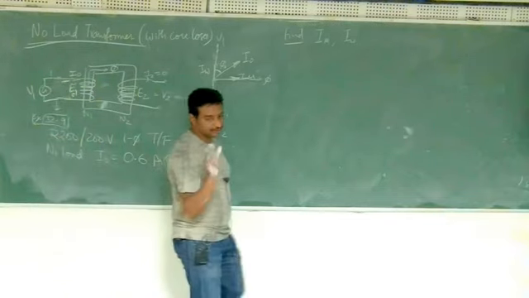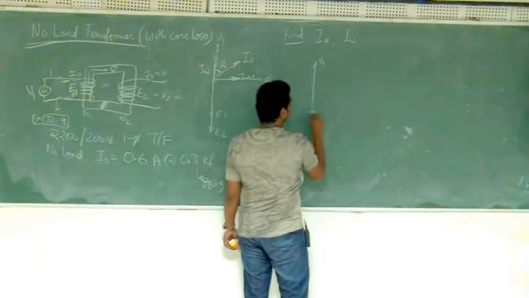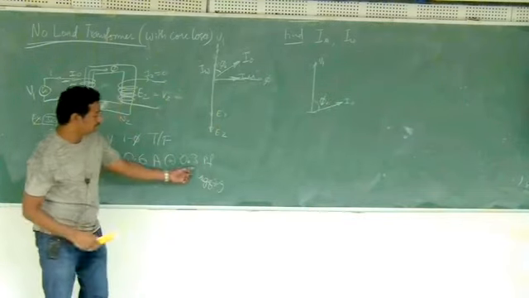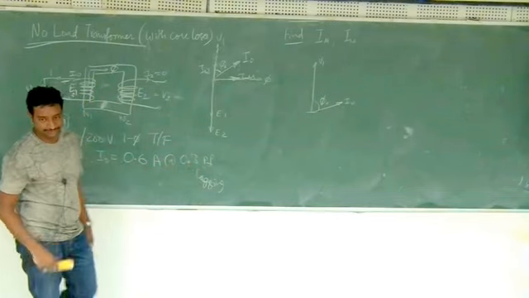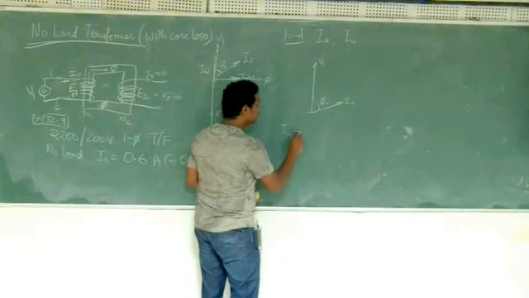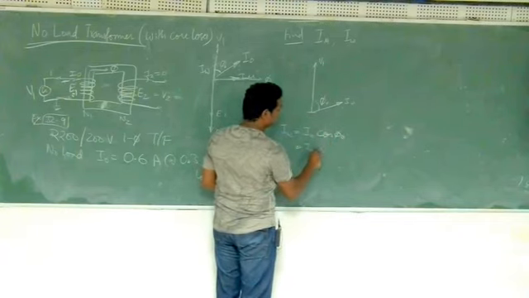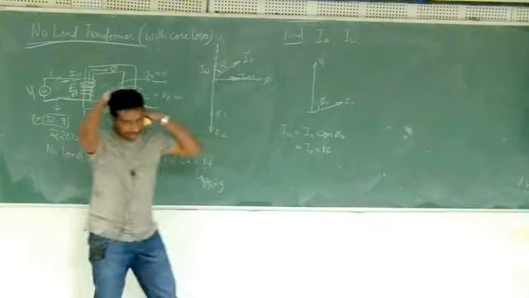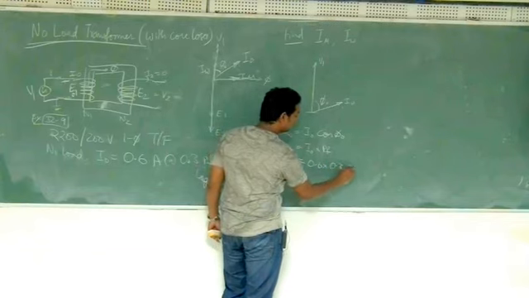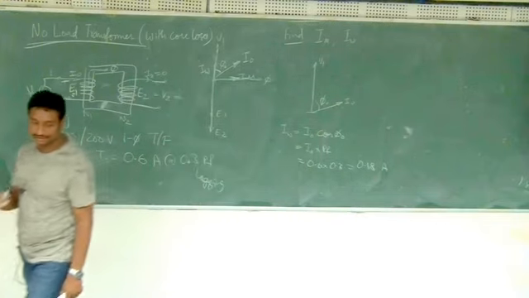So what is power factor? Cos of the angle between voltage and current. If V1 is your voltage and I naught is your current, and this is phi naught, then what is given here, 0.3 power factor, is nothing but cos of phi naught. Now if I want to find these two, I can right away write IW is nothing but I naught into cos phi naught, or I naught into power factor, because cos phi naught itself is power factor. So it's very easy now. 0.6 into 0.3, so 0.18 amperes. Okay, so I got the IW.